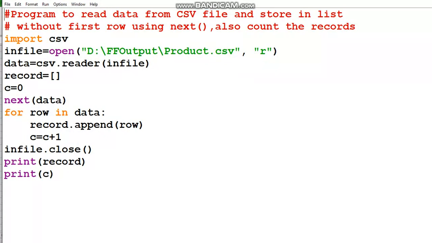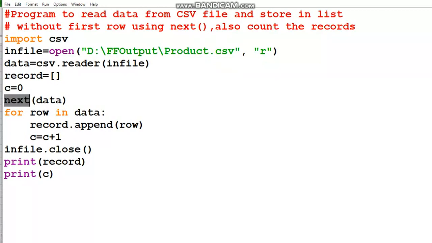So I have used the next function, and within it the data variable where all the records are stored. This will move the file pointer, the CSV file pointer, to the next record being read. Next means moving to the next record.